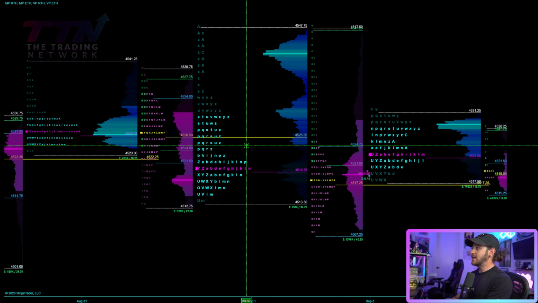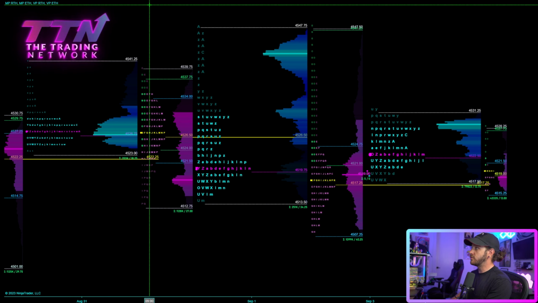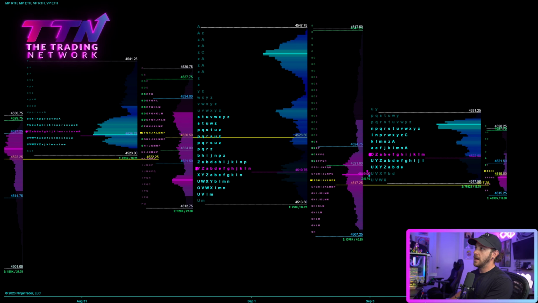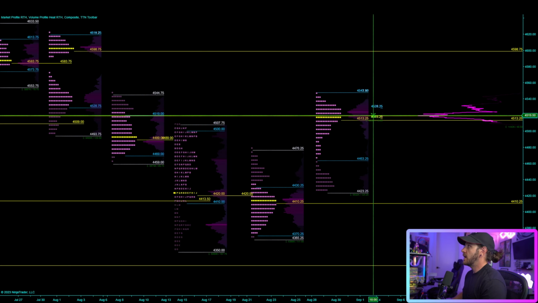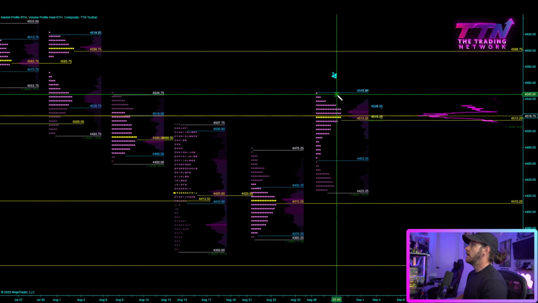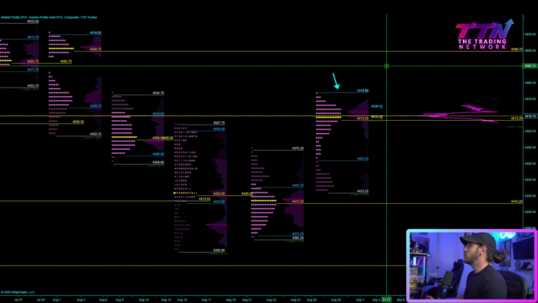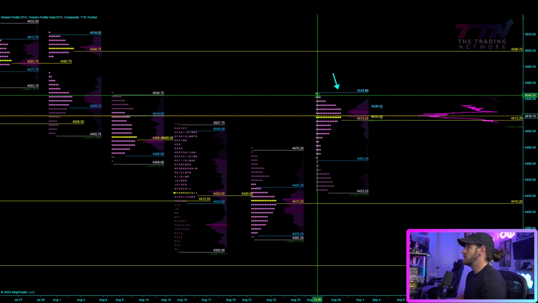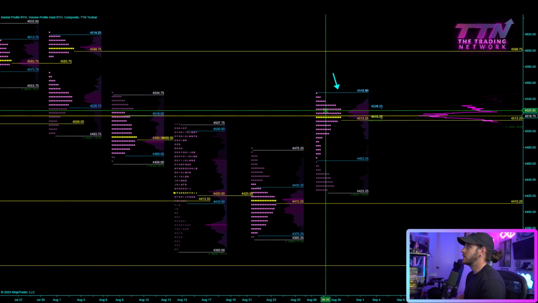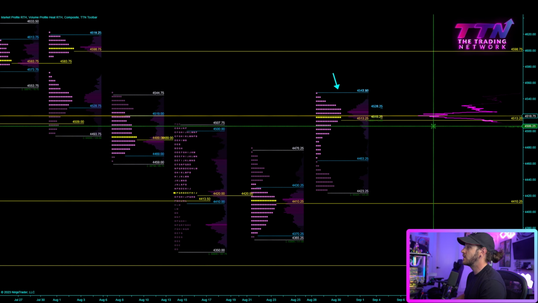So with that in mind, let's hop back over to the weekly profile. We'll look at the ES weekly profile, and then I'll dig into some weekly candlestick charts just for a moment, and we will start to wrap things up. As I was pointing out on NQ, I want to point something out on ES as well. This 45.47 level technically is the regular trading hours high and value area high from last week. So that's going to be a very important level.